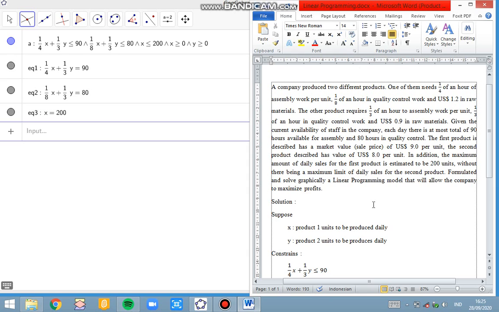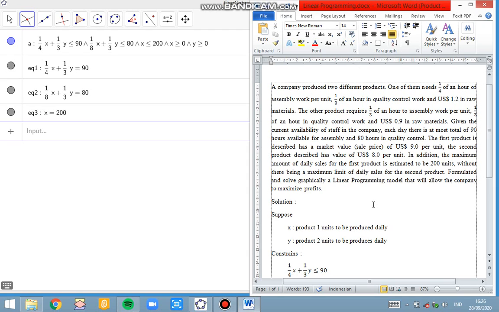A company produces two different products. One of them needs 1/4 of an hour of assembly work per unit, 1/8 of an hour in quality control work, and $1.2 in raw materials. The other product requires 1/3 of an hour of assembly work per unit, 1/3 of an hour in quality control work, and